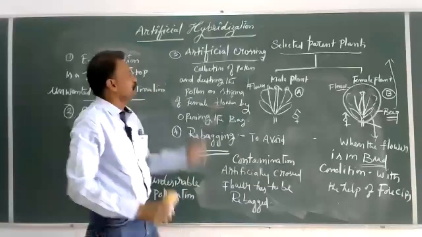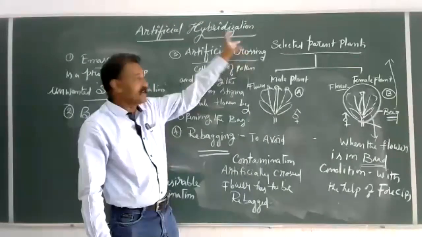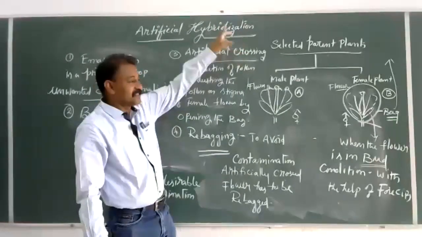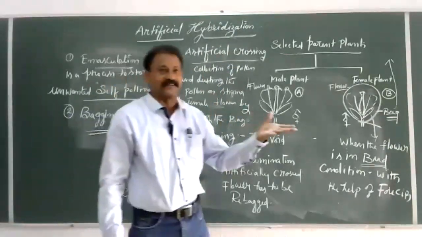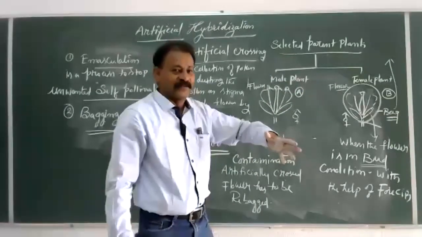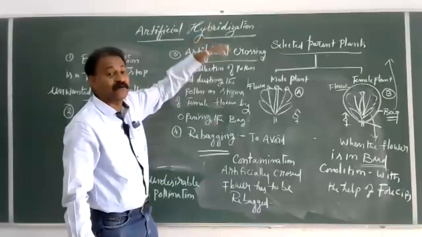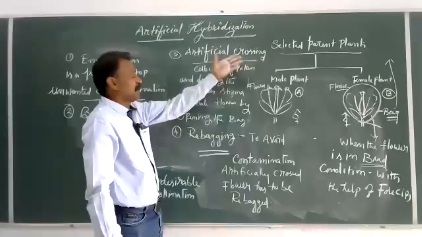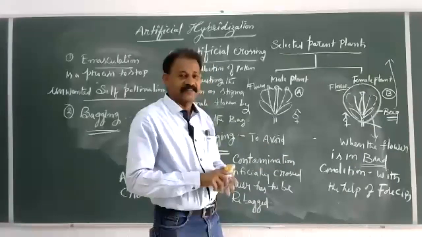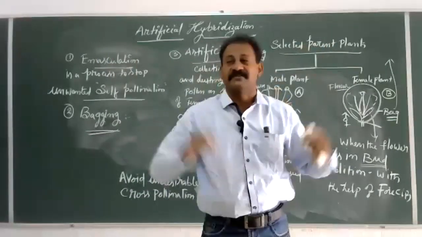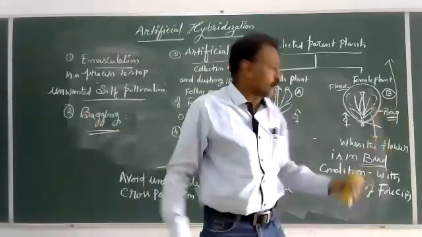So, my dear students, in artificial hybridization, we have studied what artificial hybridization is. It is a method, a process, used to improve crop plants. Crop improvement is the program, and the total process is plant breeding. It is a science. During plant breeding, we want to develop commercially superior varieties of plants called hybrids, by crossing two different species, even different genera, or different plant groups.